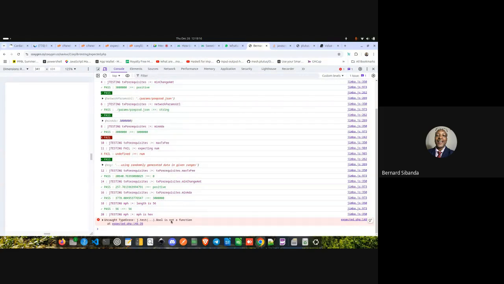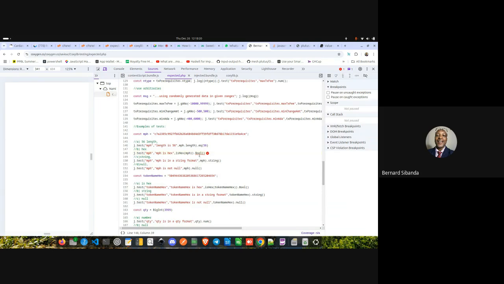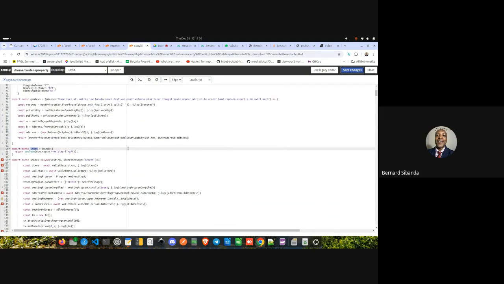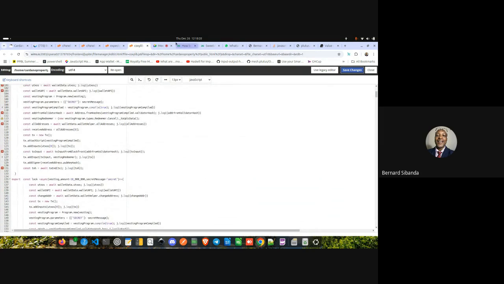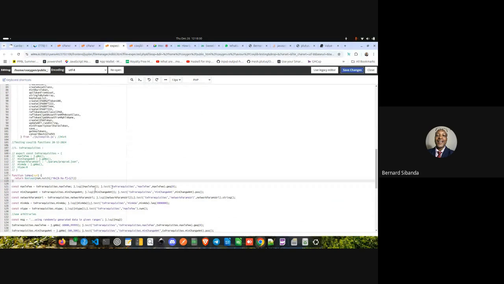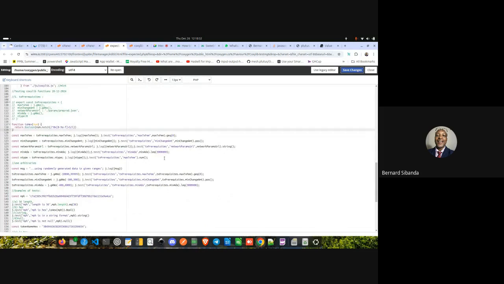J.test bool is not a function. Right. It's a small p, am I right? So I wrote a capital P. If you look at these functions, none of them is a capital letter.